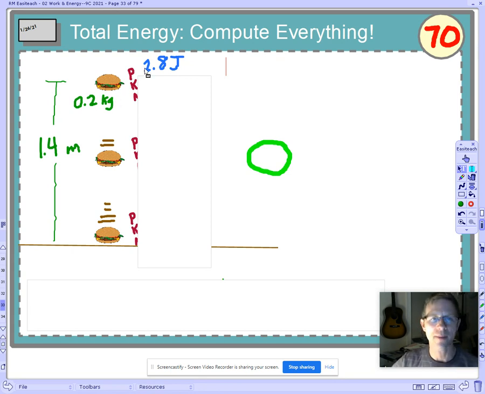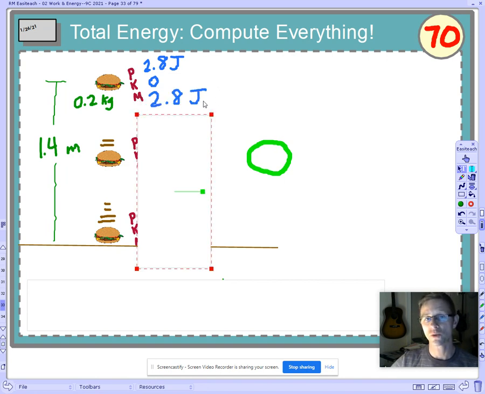PE equals mgh. Write it down, but understand that the potential energy is based on the height. Here's the mass: 0.2 times 10 times 1.4. G is 10. G is always 10 on Earth. We know the kinetic energy is 0 because this thing is dropped and therefore doesn't have any motion in the very beginning. We know the mechanical energy is 2.8 joules because the mechanical is the total of the potential and